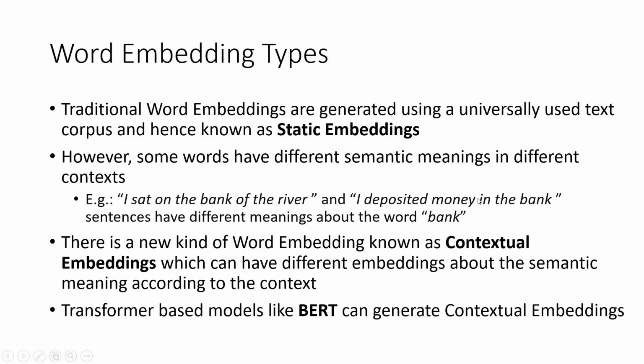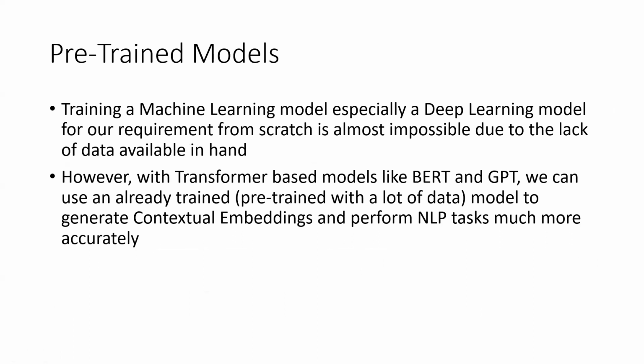Right? Now, depending on the requirement, we can change the meaning and do the predictions or do the NLP tasks very efficiently and accurately compared to the static embedding. So these contextual embeddings are generated using transformer-based techniques like BERT, right? BERT is just an example, right? There can be other models as well. So with this, the innovation of this transformer model,